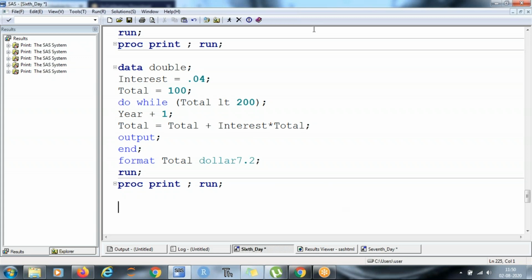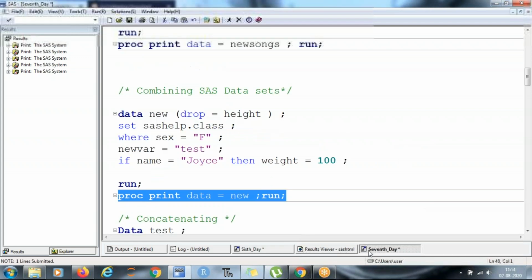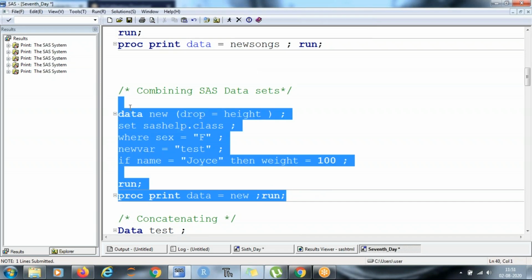All right. So Rupa, let me ping this program for you in the chat box. I have created one data set which contains 5 variables and 9 observations. And I already had one data set which has 19 observations and 5 variables. 4 variables are common in both data sets, and 1 variable is different in each data set, right? So now you are aware of the data sets.